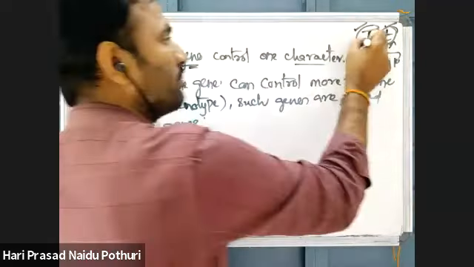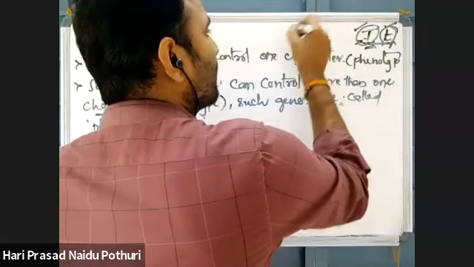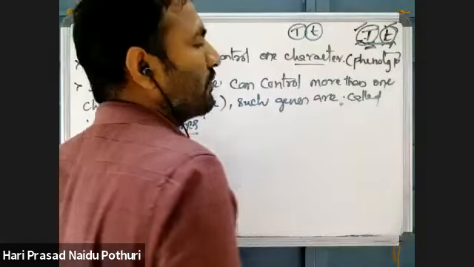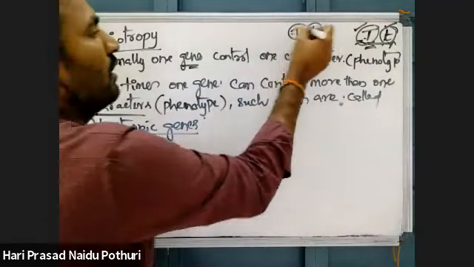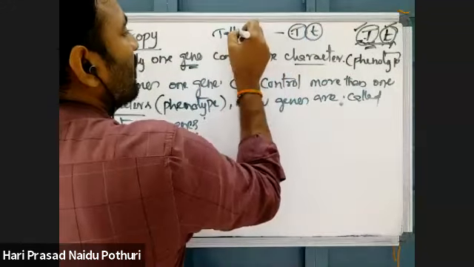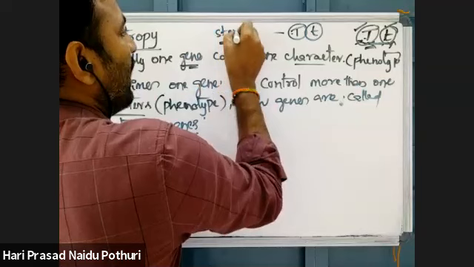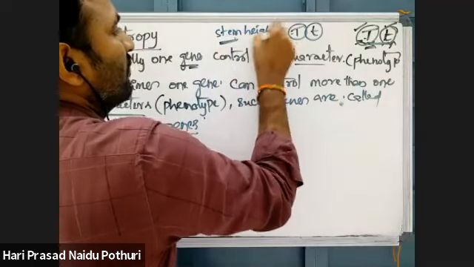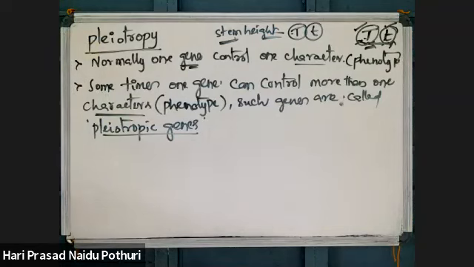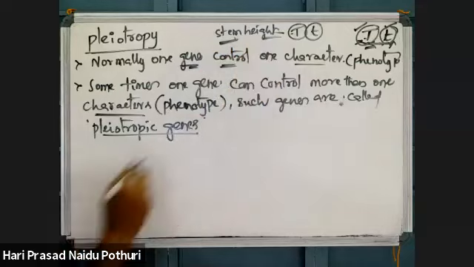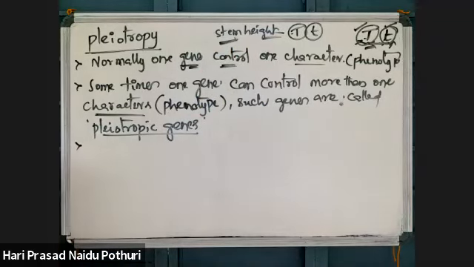This is one phenotype. Tallness is one phenotype. Dwarfness is the recessive form of the same phenotype. Both tall and dwarf belong to what? Tallness of stem, which we can call stem height. Stem height is controlled. That is what we say: one gene is controlling one phenotype. But if one gene is controlling more than one phenotype, those genes are called pleiotropic genes.